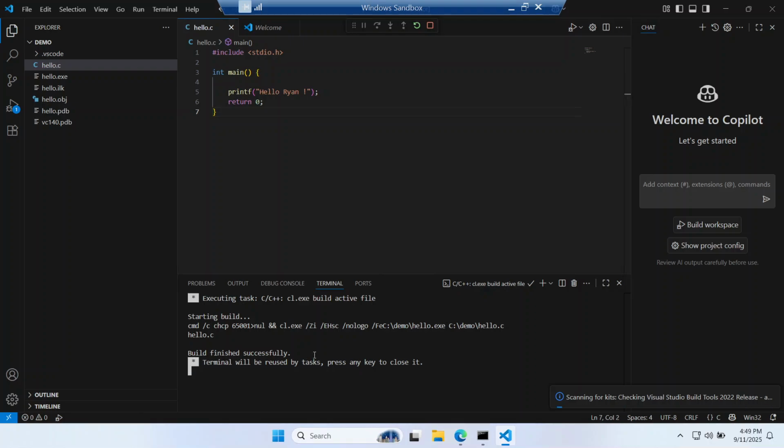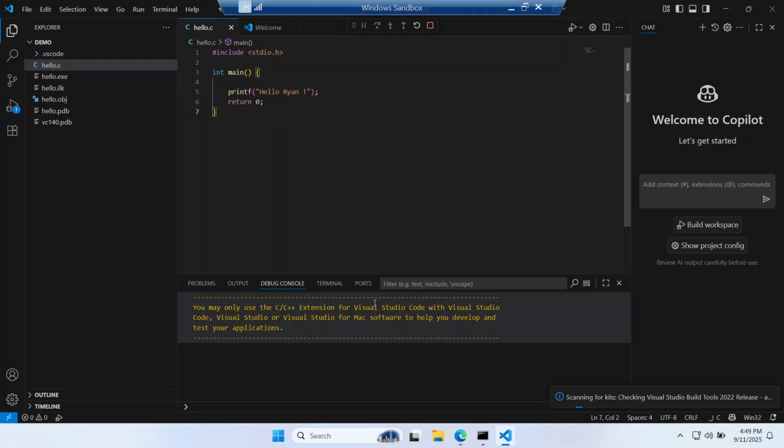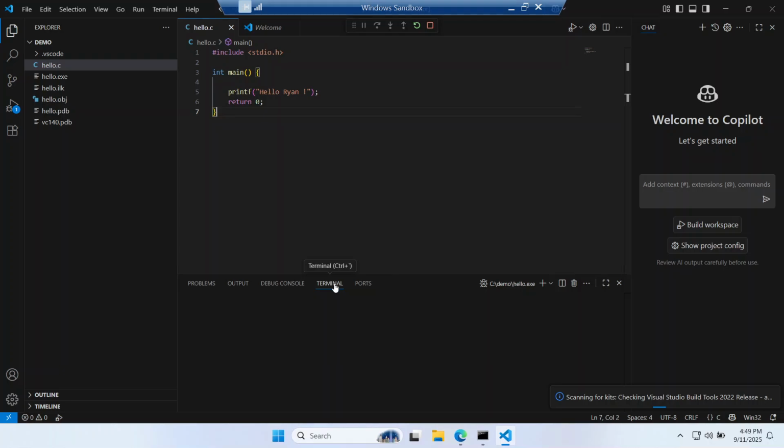Okay, so enter, but you don't see the hello world, yeah, because you're supposed to run not in the debug console but in the terminal. So you need to configure your Visual Studio Code to run in the terminal. Okay, yeah. So how to configure Visual Studio Code to run in the terminal, you need to install